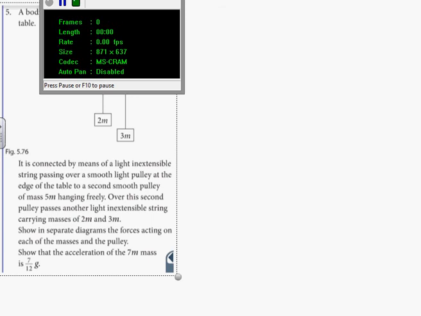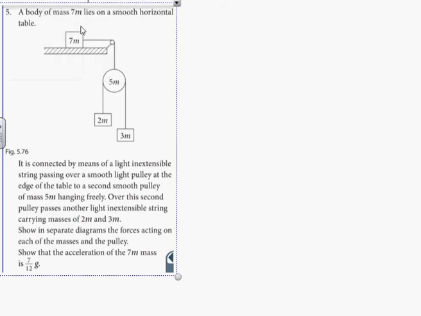Here is a body of mass 7m that lies on a smooth horizontal table. So this one, as it turns out, there's no friction at the moment. This one, so it's smooth. It is connected by means of a light inextensible string passing over a smooth light pulley at the edge of the